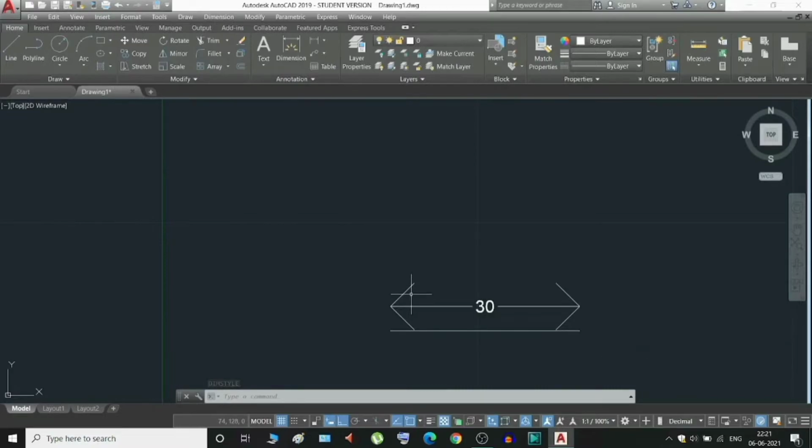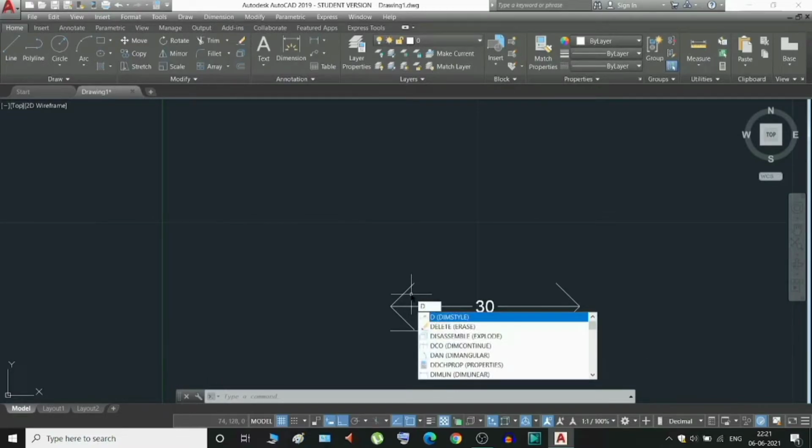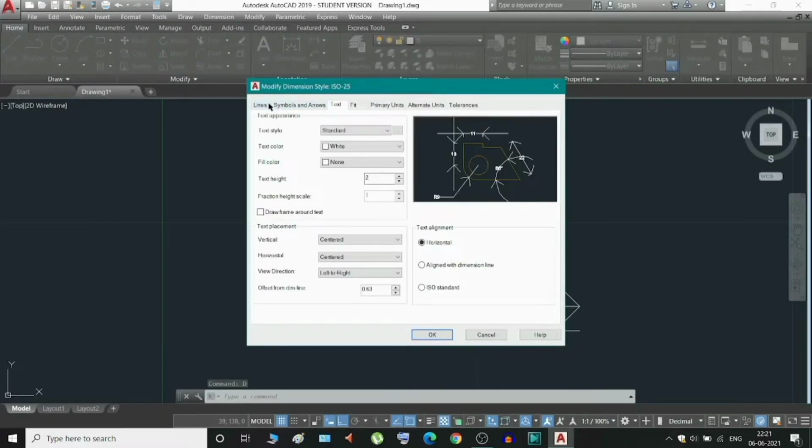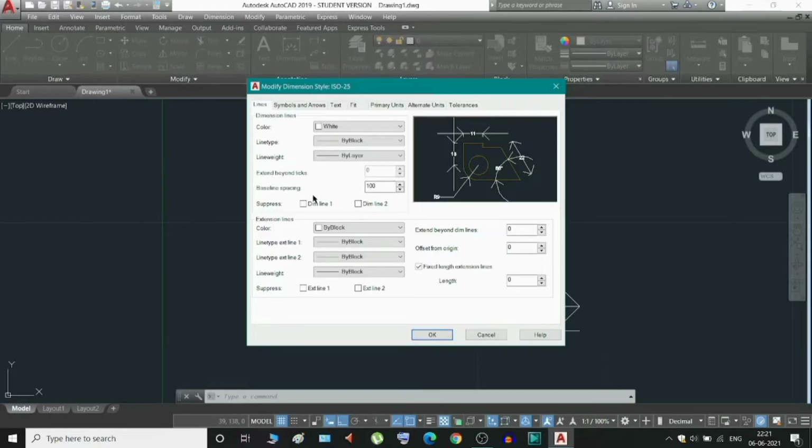You can also select other options. To do that, you have to go to the dimension, modify. You can select the lines, the baseline spacing, you can reduce it to 10. If you click on the dim, then the line will vanish. You can see, but I want to show them, so I will uncheck this.